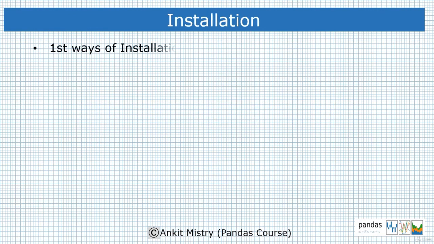The first way of installation is to first install standalone Python. After that you can go with one of the package managers available in Python, like the pip installer. Through pip you can install the individual libraries which run on top of Python. Afterwards you can install the IDE-level tools we are going to use in this course, like JupyterLab and Jupyter Notebook, plus a core data analysis library like pandas. So this is one way you can go.